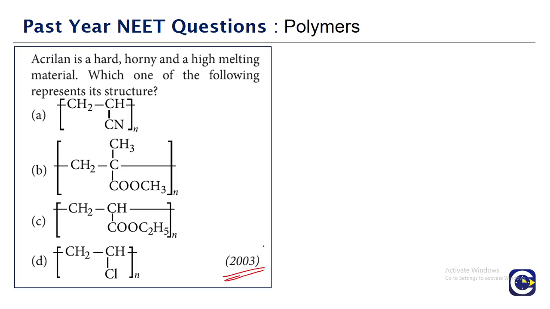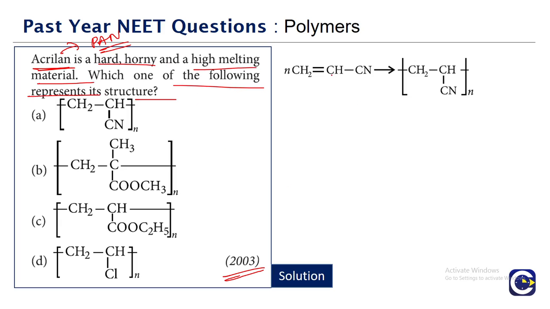Next we have a question that has come in 2003. Acrilan, this is a commercial fiber from polyacrylonitrile, PAN. It's a hard and high melting material. Which one of the following represents the structure? So what is PAN? It is the homopolymer of acrylonitrile. So what is acrylonitrile? CH2 double bond CH CN. So when we have